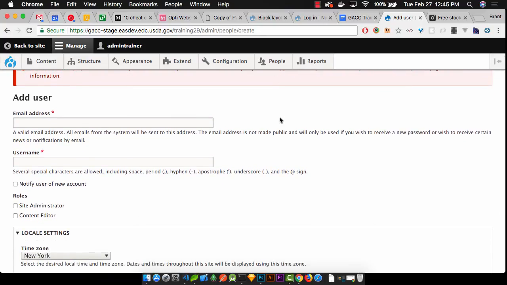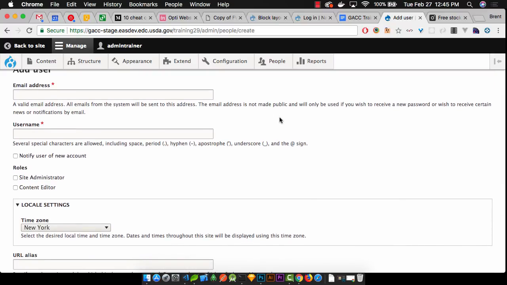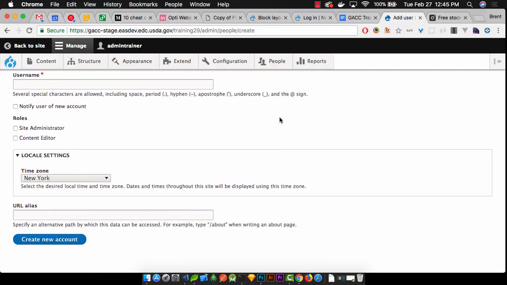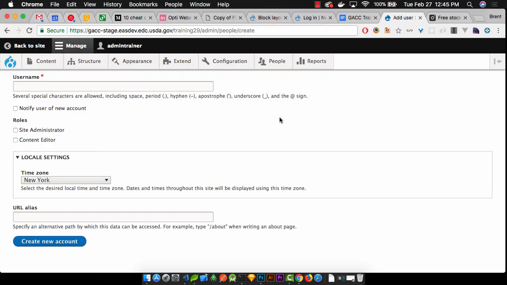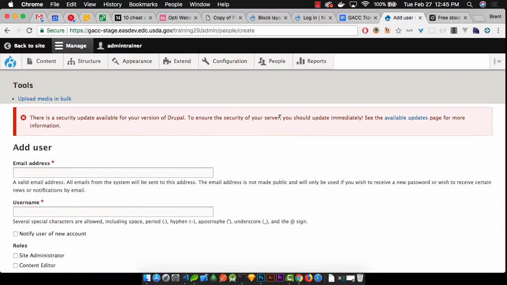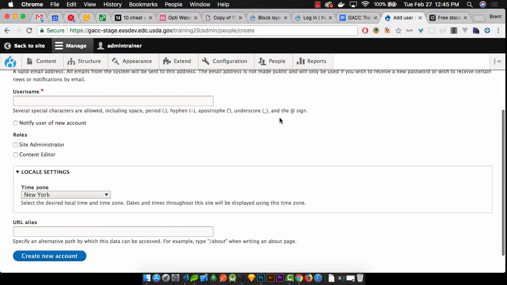So put in your email address, whatever username you want, put in the role you want, make it site administrator, don't select content editor. I don't think this is going to email you a welcome email, so you don't have to worry about the notify, but you're going to be setting up that account. Try selecting the notify user